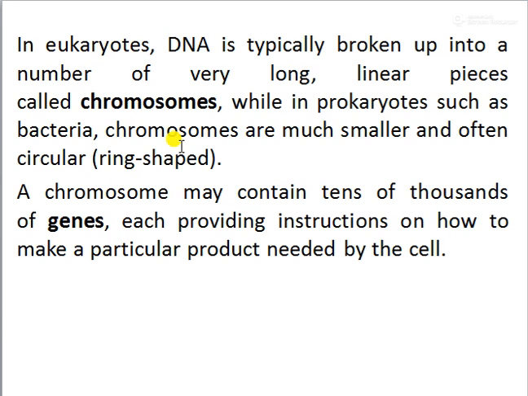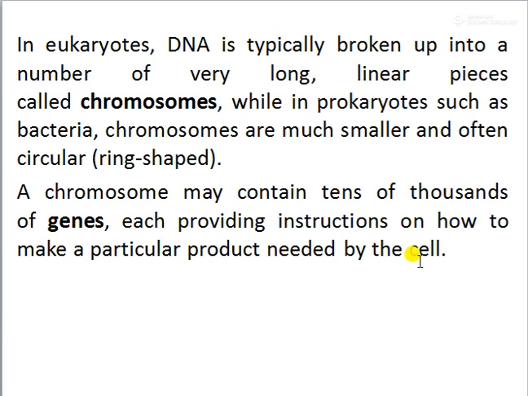So chromosomes inside eukaryotes, as we have discussed, are in the form of linear molecules, while in the case of bacteria and other prokaryotes, they are present in the form of ring-shaped circular chromosomes. A chromosome may contain tens to thousands of genes, each providing instruction on how to make a particular product